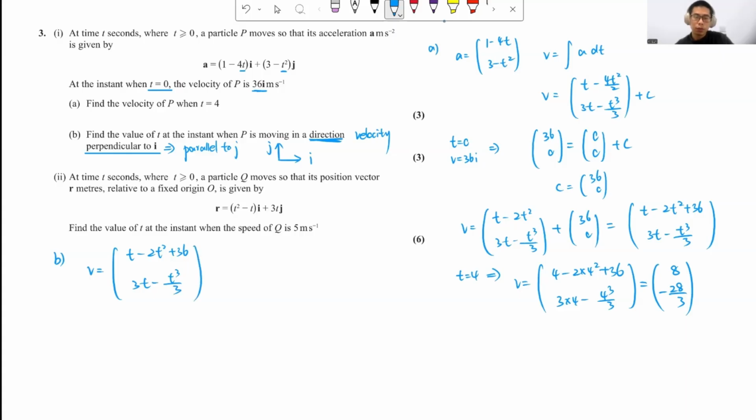So we're looking for a value of t which makes our velocity vector parallel to j, which is (0, 1). And then we know anything times by 0 has to be equal to 0. So for example, we know (0, 2) is parallel to (0, 1). Why? Because if you times by 2 for the j component, you get 2, and then 0 times by anything